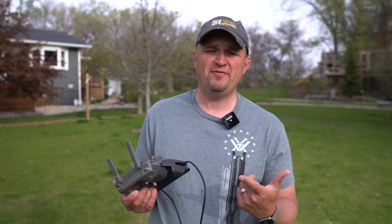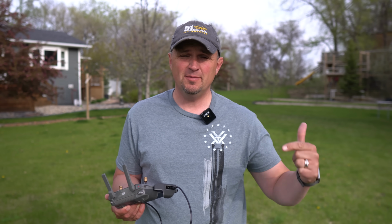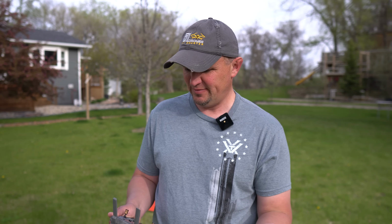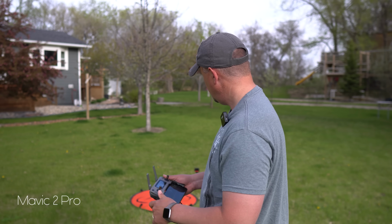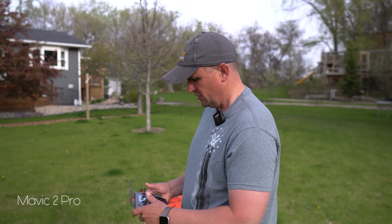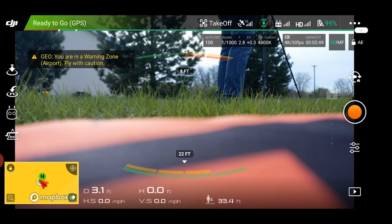Okay, we finally got the GeoZone unlocked. I had to do it with my phone. I don't know why, but I can't import from my iPad for some reason to the Mavic 2 Pro. Something going on there, I'll have to investigate that. So let's get it up and see how the Mavic 2 Pro does. I think it's gonna do just fine, but